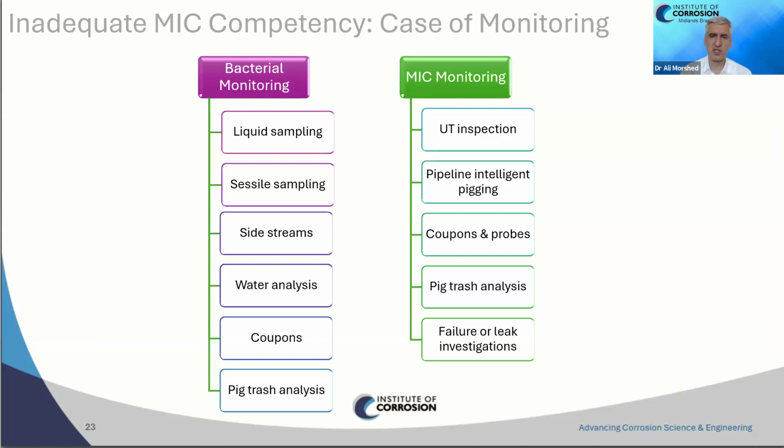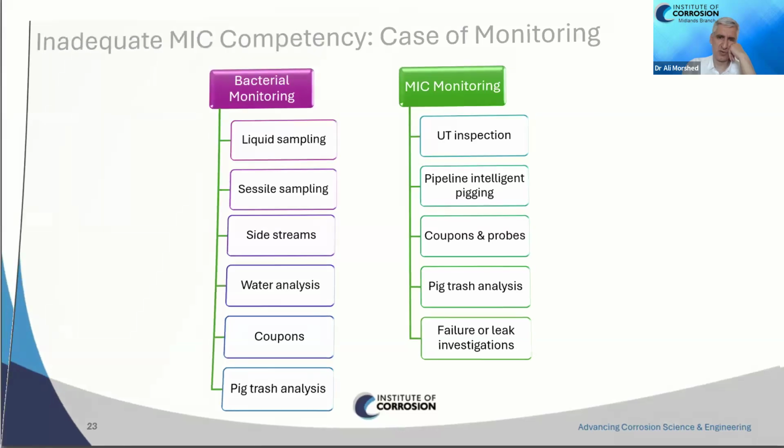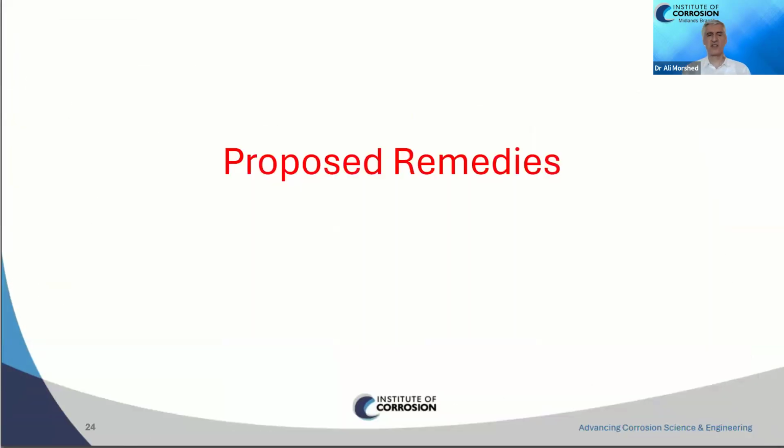For MIC monitoring, we can do UT inspections, pipeline intelligent pigging, use coupons or probes, pig trash analysis, or failure or leak investigations. It's a very simple slide but shows how different activities are associated with different types of monitoring for bacteria